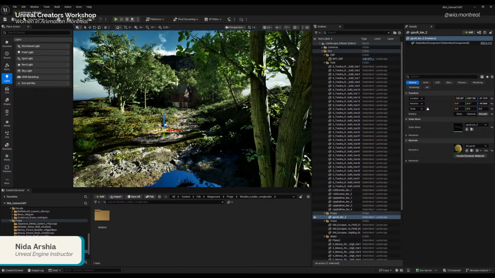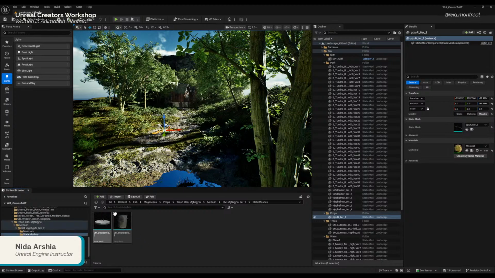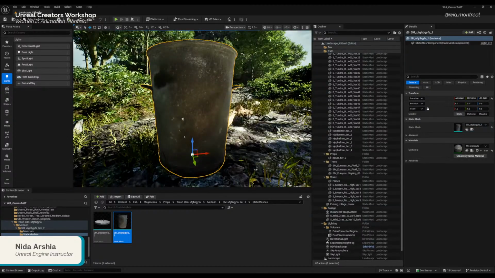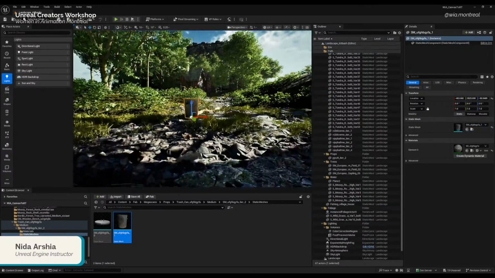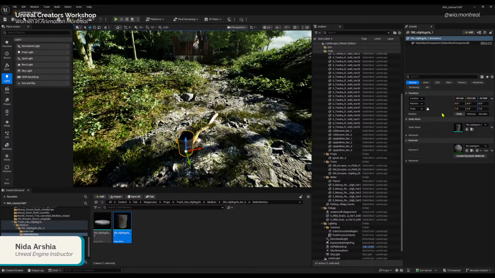Okay, so this is here. I'm going to add a few more things around here. Let's add a trash can. Okay, I think this is a decent spot. This could be a lot closer to the house also.